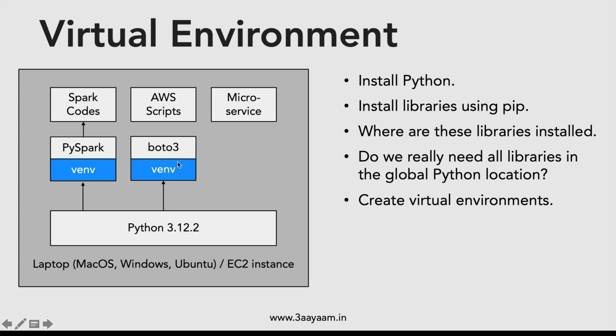So in this case, again, it will basically point to the main Python library or the main Python binary that you have installed. But the Boto3 library will be installed only in this particular folder, and then we can use the Boto3 APIs in the scripts that we code in this folder. Same is the case with microservices also. We create a separate virtual environment, and then we install Flask only in this development environment, and use the Flask library in all the Python codes that are there in this particular folder.